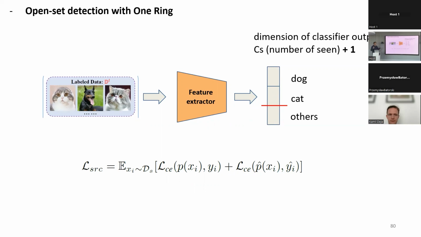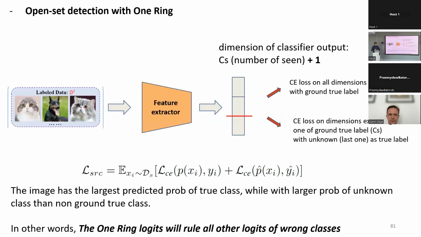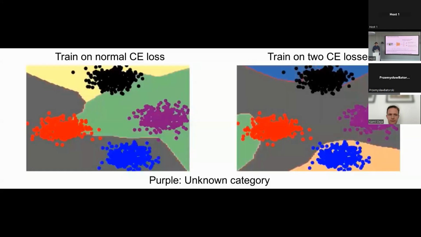In a sense you could imagine that if you think of infinite classes, there is always an out of distribution class which is closer than any of the other known classes. And so it's a very simple idea. It's very easy to train with this loss. And it works pretty nicely.